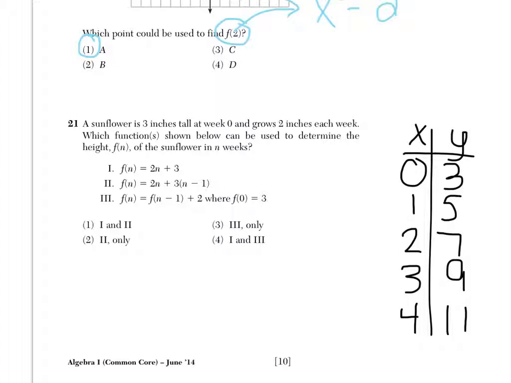Now that we've modeled this in a table, we need to see which of our 3 answer choices matches up to this table. If I look at my answer choices, I can see that 1 and 2 are both written just as a general equation, where answer choice 3 is a little different. That's written in the before, now, next lingo. I'm going to start right there. So if you remember from before, f of n is considered the now, and f of n minus 1 is the before